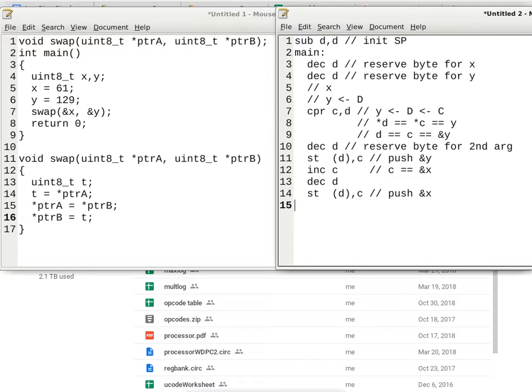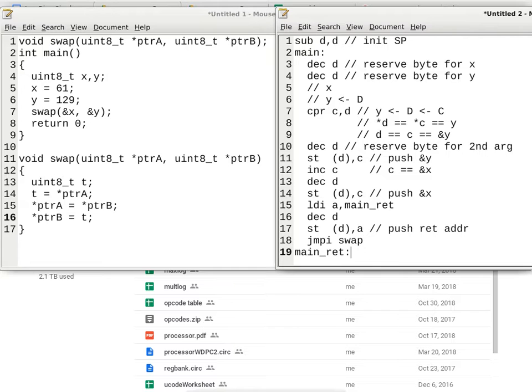So the next thing we have to push is the return address. So now we push the return address, LDI, A, or whatever, C is fine, doesn't matter which register. So main return, and then main return, so don't copy this because I'm going to insert code in between. This is just the way I write code so that I don't forget to define the label later on. Right, and then we decrement D, and then we do stda. So this time we are pushing the return address on the stack, and then we do a JMPI to the